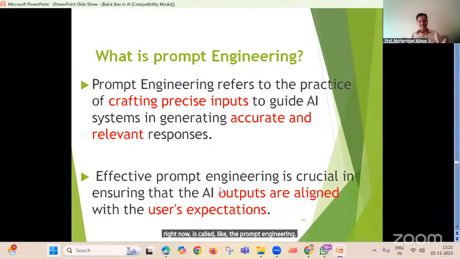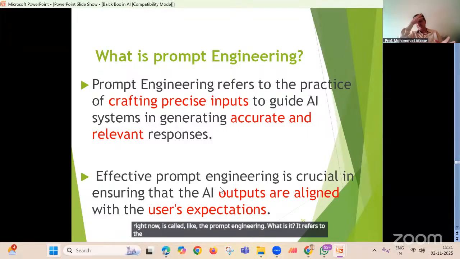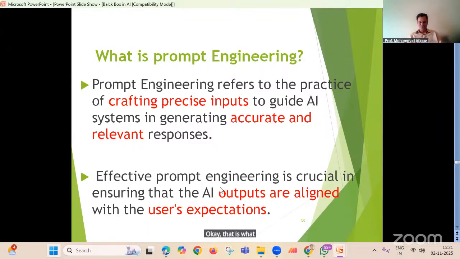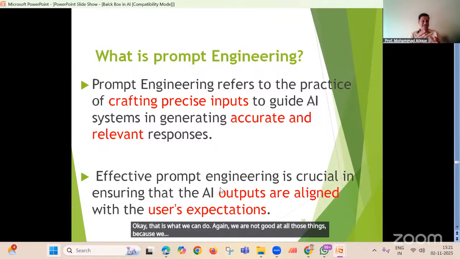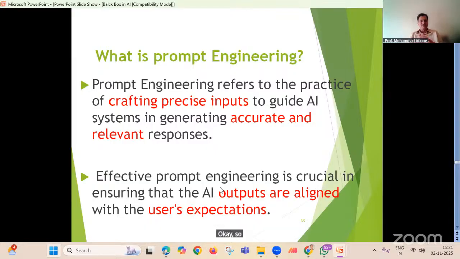So what is it? It refers to the practice of crafting precise input to guide AI systems in generating accurate and relevant responses. Okay, that is what we can do. Again, we are not good at all those things because we never know how these systems work. So effective prompt engineering is now becoming crucial in ensuring that the AI outputs are aligned with the